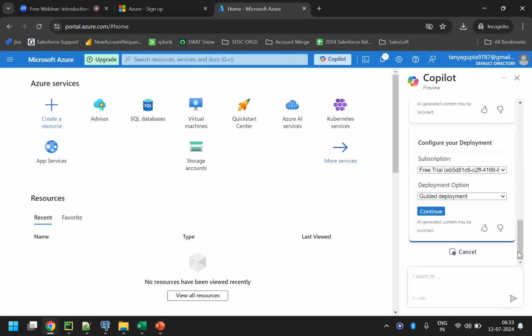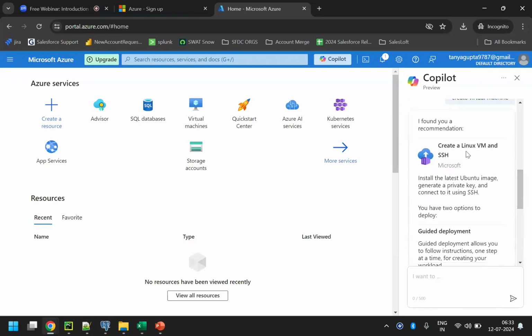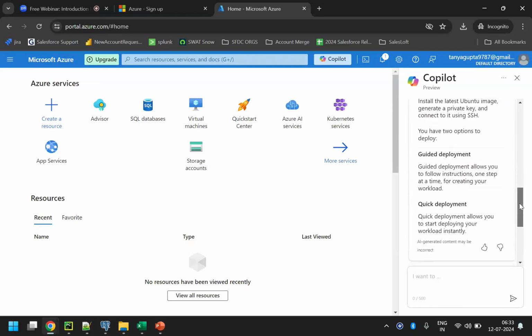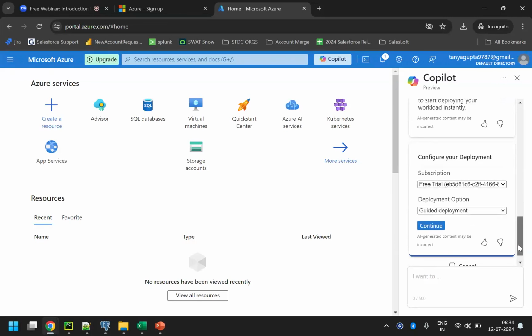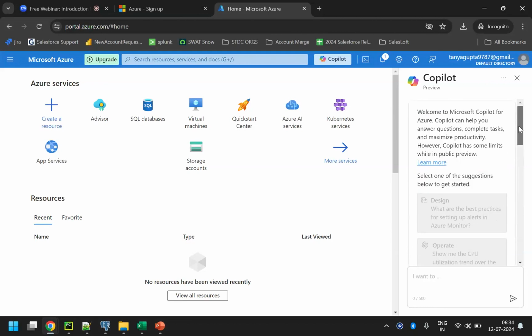And see here, it says if you want to create a virtual machine, you require these particular things. Install this particular thing. If we go for deployment, for development, you need a subscription. Of course, a virtual machine is not for free. Here you require the subscription and then continue. Although I don't want to continue here, this kind of thing is provided to you by Microsoft